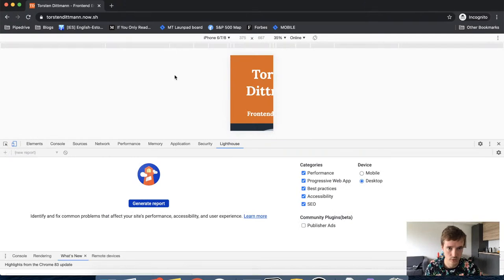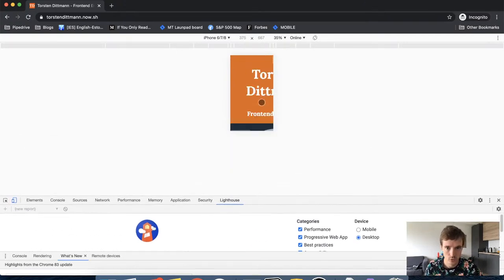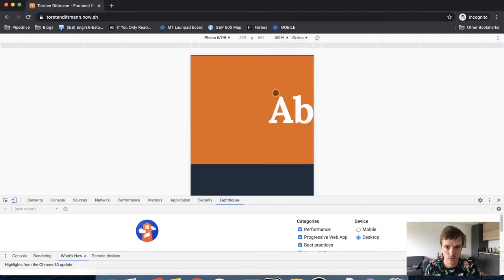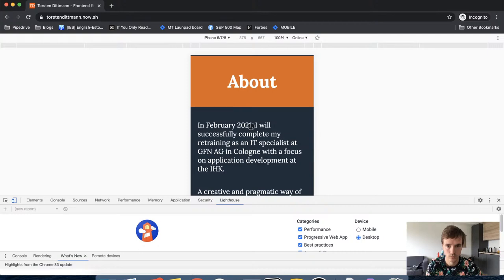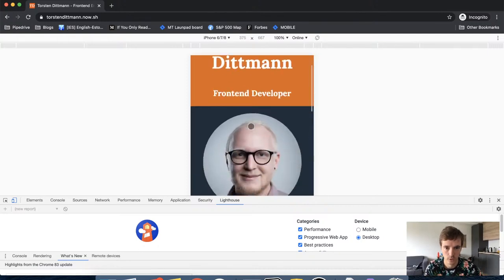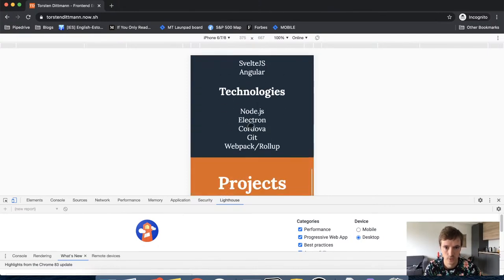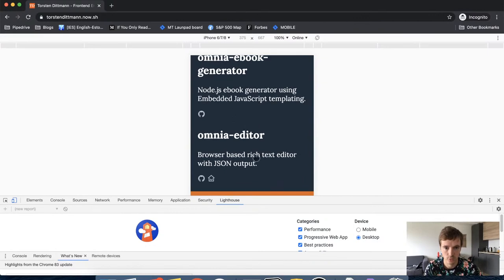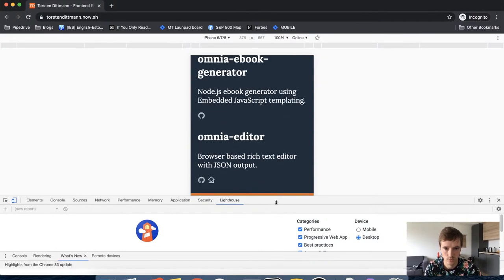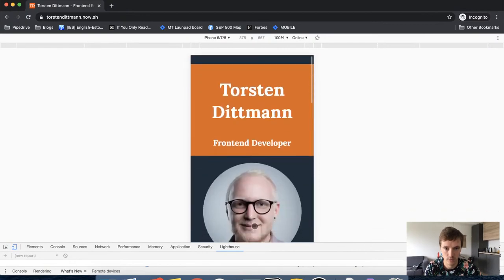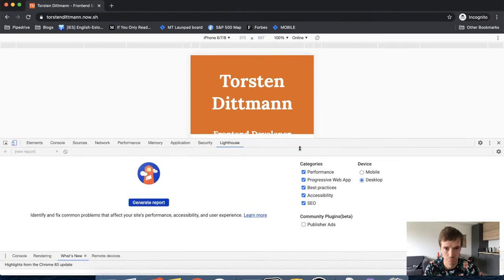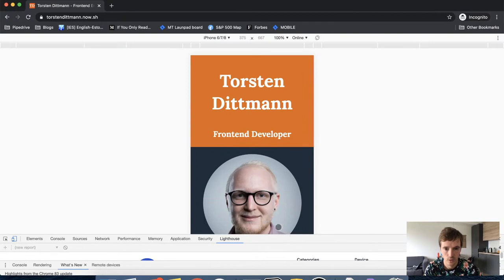Let's also check out the mobile. Ooh, it doesn't seem to behave well at the moment. Okay, it's a really simple and straight to the point mobile version. What you can do maybe is,